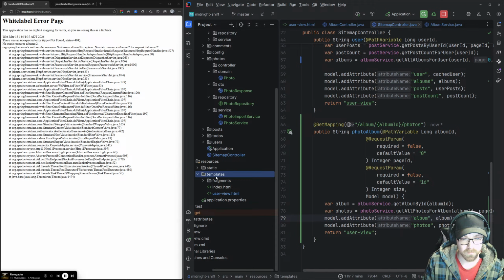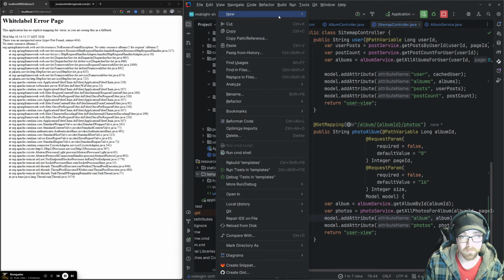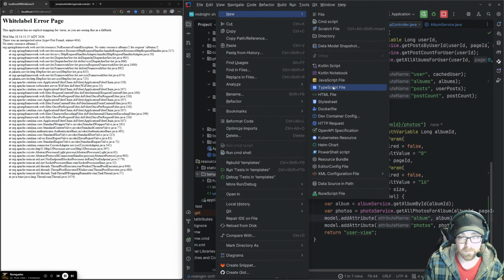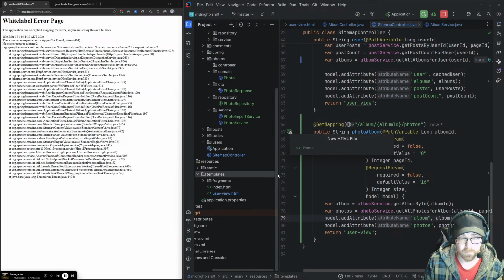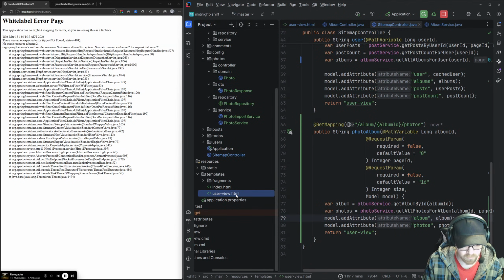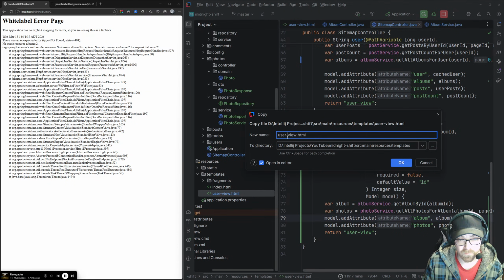Now, I need to make a new template. This is going to be a new HTML file, which technically I'm just going to copy and paste this guy for the simplicity of it. This is going to be album view, or album photo view, just in case I do decide to make a view of just viewing all of the albums.